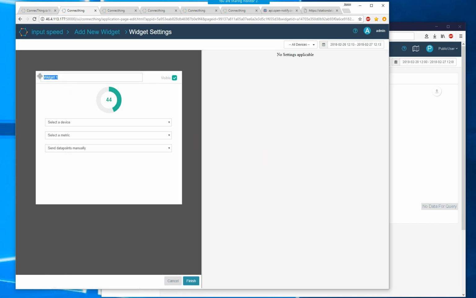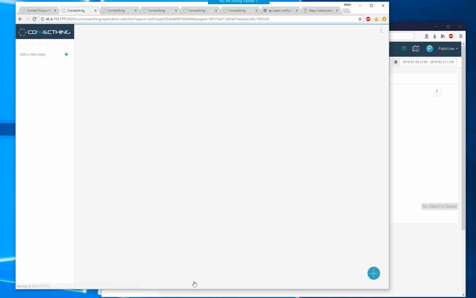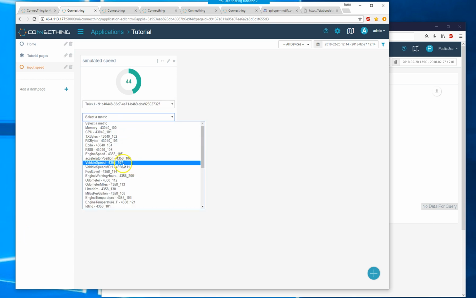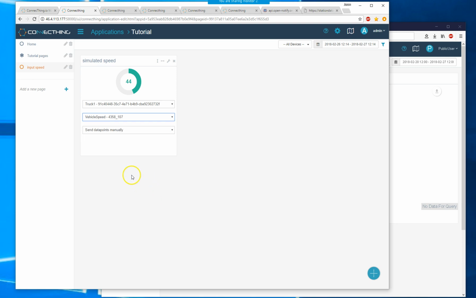and I could say input speed. So this could be a simulated speed. And I have no settings, so I'm just going to click finish. Now, this interesting little widget allows me to say it's for a device. Perhaps I'm going to say for truck 1, I want to select a metric, which is the vehicle speed, 10_107,